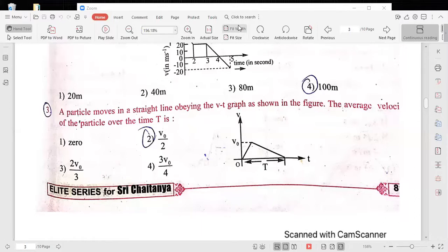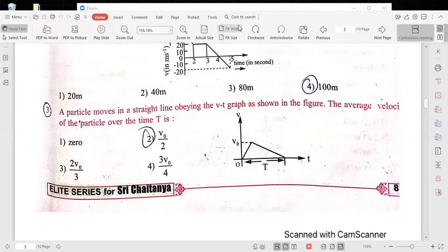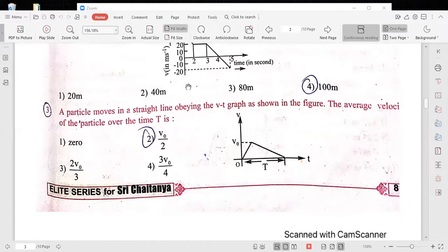Because we are given a velocity time graph, the area under the velocity time graph gives the displacement. So you find the area, that is the displacement S, divided by the total time capital T. So the area under the graph divided by the total time T gives the average velocity. Simplification gives V0 by 2. So you find the area under the graph by capital T, you write. That gives the answer. Okay, you can do this problem also, so we need not do it. Okay, next.